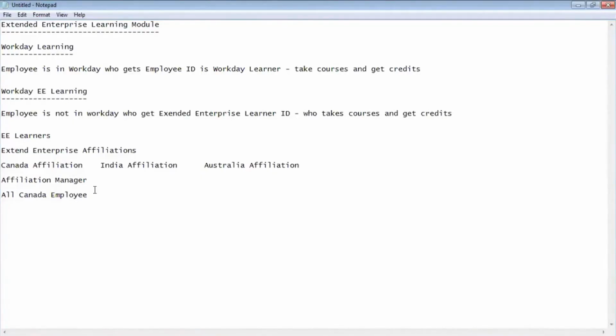You need to reach out to Workday saying that we have India, Thailand and Malaysia as our locations, but we are live in Asia. We want all these three countries to be part of Workday Learning through the extended enterprise learning model, so that we can assign courses from a single system and track their progress in a single system rather than multiple systems. We can track everything in a single system.